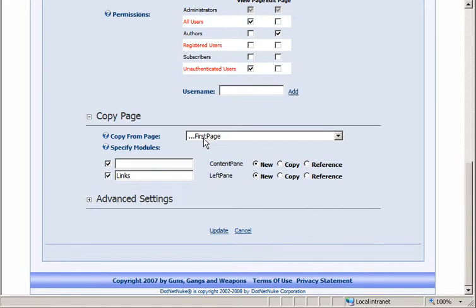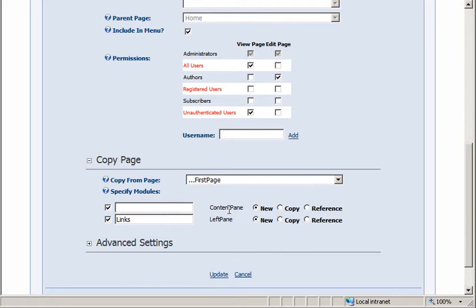Now, if you look beneath it, you can see we have the separate elements that we'd created on the previous page. The first one with no title, which was the content pane, and the second one, the links, which were in the left pane. Now you can see for each of them we can create a new one based on it, so we can create a new lot of links, not have any content in them, or we can copy the actual content. I will copy the content of the main body, and I could just set a reference so it pointed at the existing one, so it was the same exact content, so that the second page just points at the content from the previous page. If you change it in one place, it changes both,